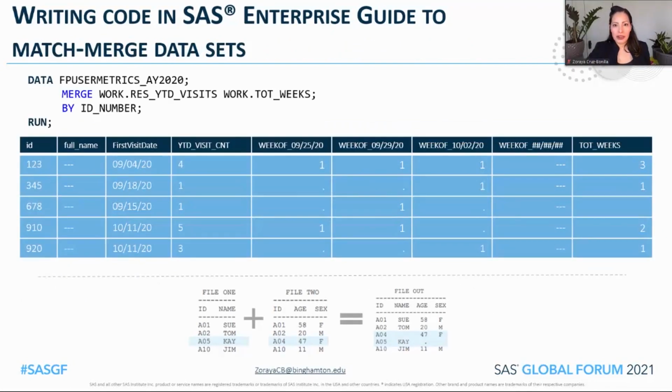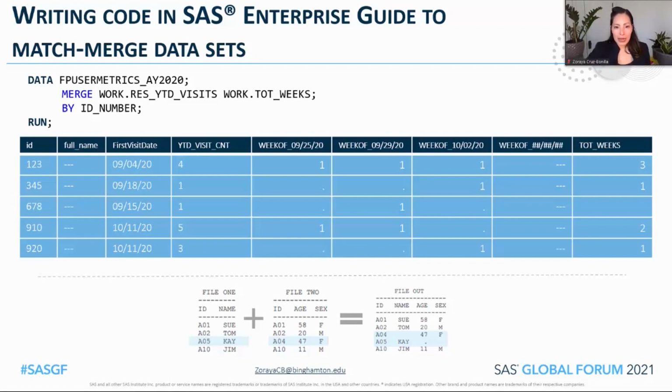Recall that at the beginning of this presentation, I showed you how to use a pen table task to consolidate data. A similar result is obtained when using the merge statement in a program code. However, there is one key difference in the output. Instead of aggregating vertically and thus ending up with more than 1 row per student, records are matched by ID number, and the variables are spread out accordingly.